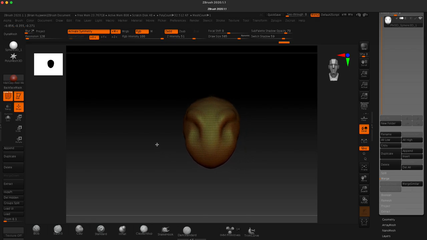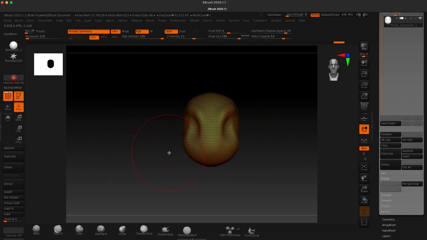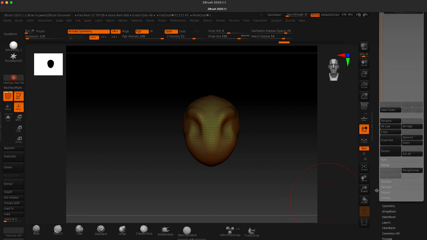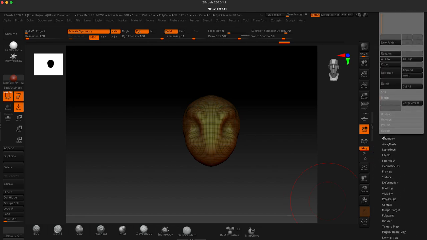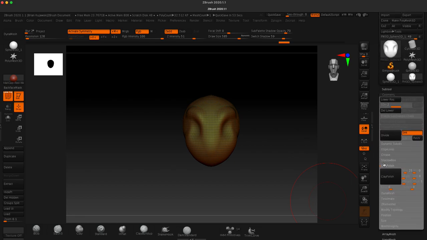But if I wanted to clean that up, what I could do is turn on the Dynamesh. Now the Dynamesh is something that will repair any strange anomalies from you pulling and pushing and adding to this mesh. So you can see some of the polys are taking these weird curves. It's not that bad, but for right now I might want to change that. So if I wanted to get the polys back in order, I can go to this slider over here. I can go to geometry, and then I can go all the way to this thing called